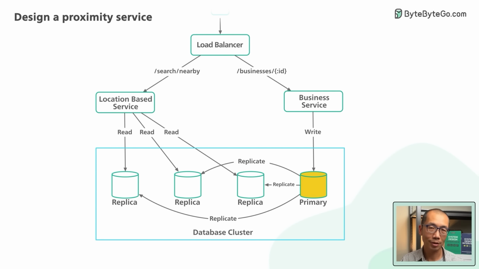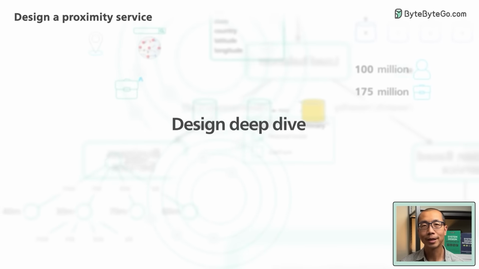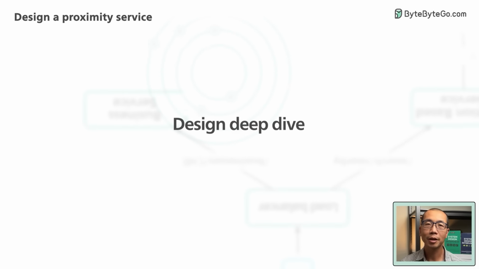Based on these observations, using a database cluster with primary-secondary setup seems to be a good starting point. Now, in this configuration, the primary database handles all the write requests, and the read replicas handle the heavy read requests. Data is saved to the primary database first and then replicated to the replicas. There will be some data inconsistency caused by replication delay, but since the changes to business don't need to be reflected in real time, the inconsistency is not a problem. At this point, we have a good idea what the overall system looks like. Let's dive deeper into a few interesting areas.